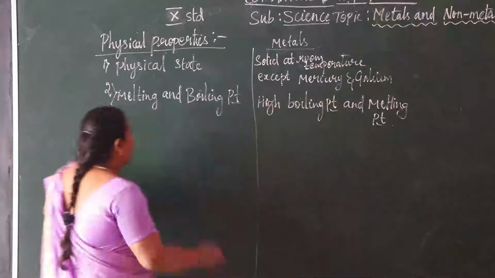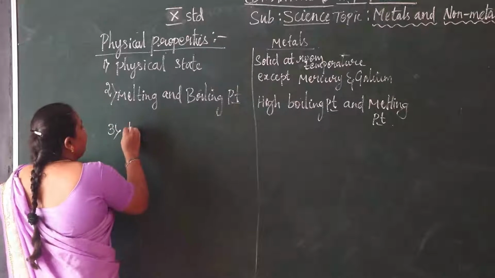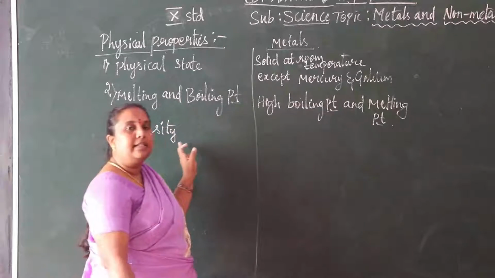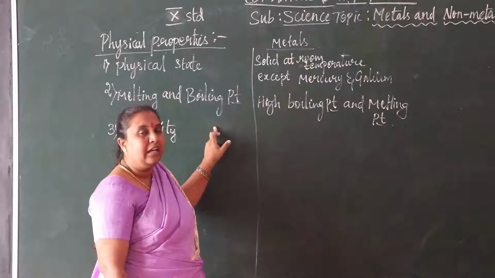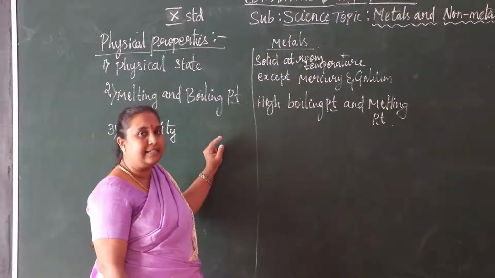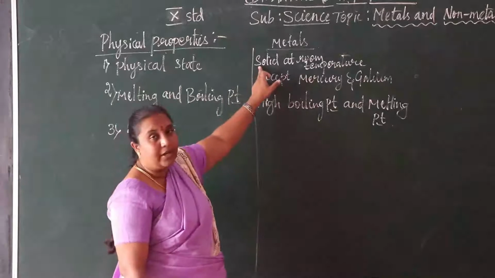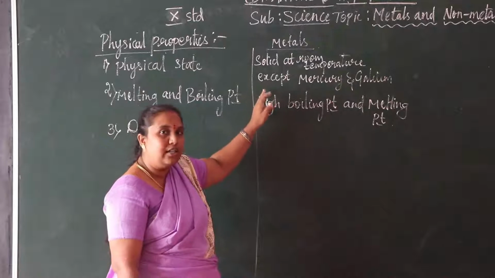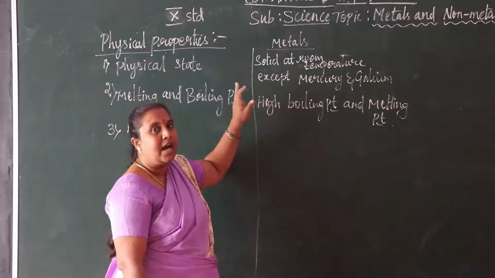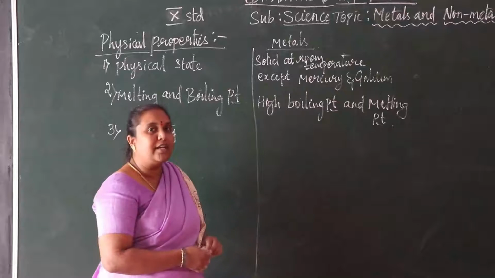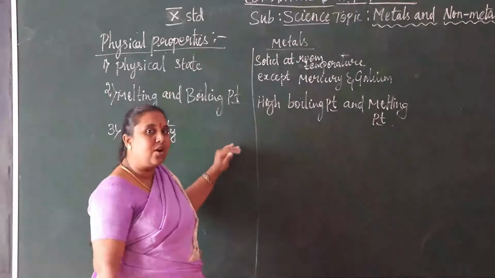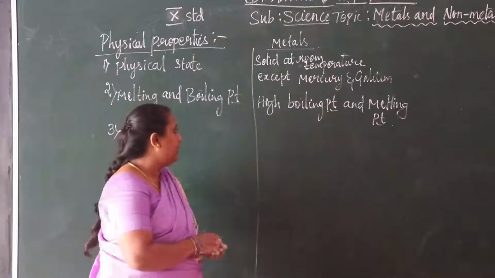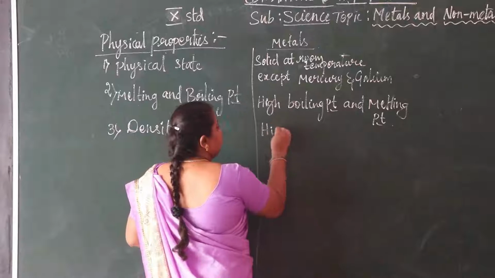And then the third property is density. Density of the metals. You can say how the metals have density. It is a solid base. Solid metals have high density. Solids have high density. You read in your 9th standard class itself about solids, liquids and gases. How is the density of solids? High density, children.